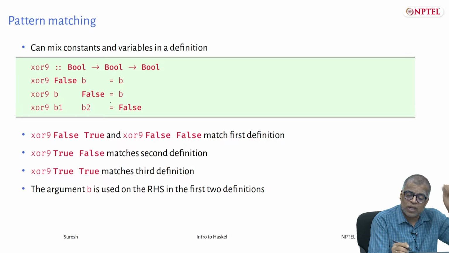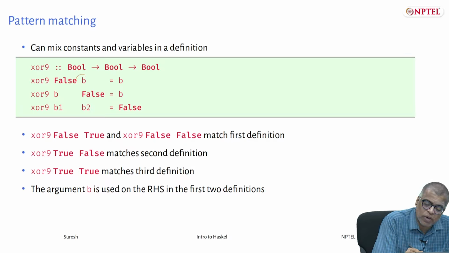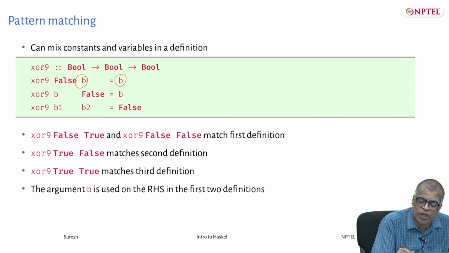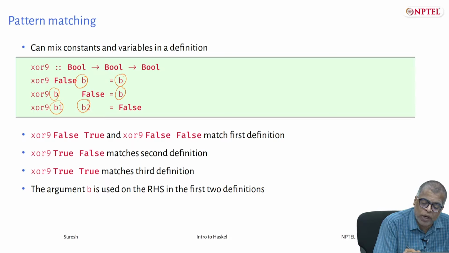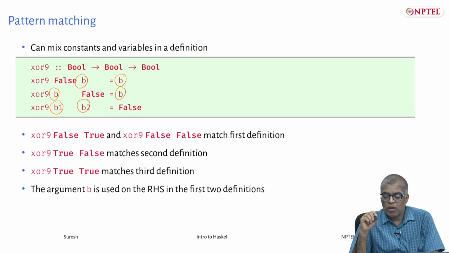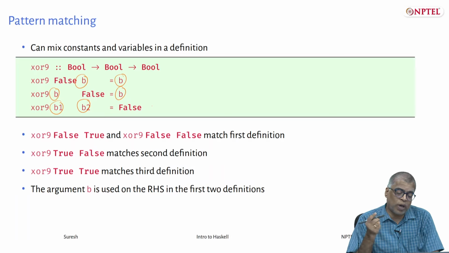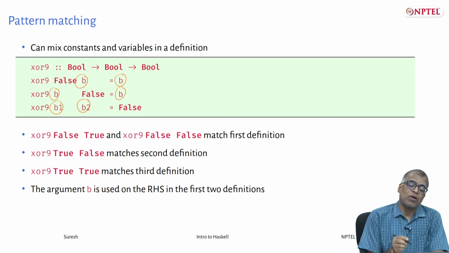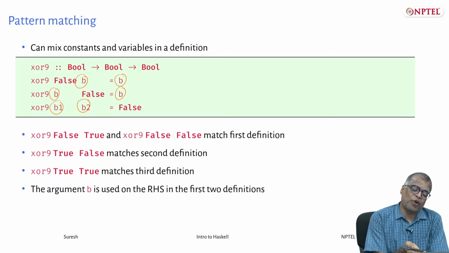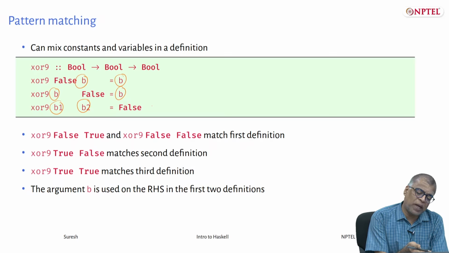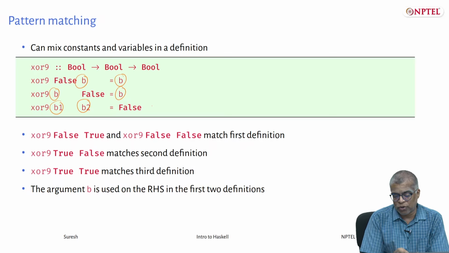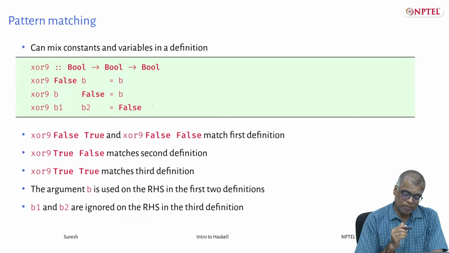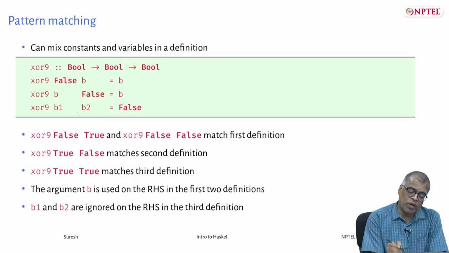Here you will see that the argument B is used on the right hand side, but the arguments B1, B2 are not used on the right hand side. It is painful if you are forced to provide names for those arguments even though you do not use them on the right hand side. So, B1 and B2 are ignored in the third definition,